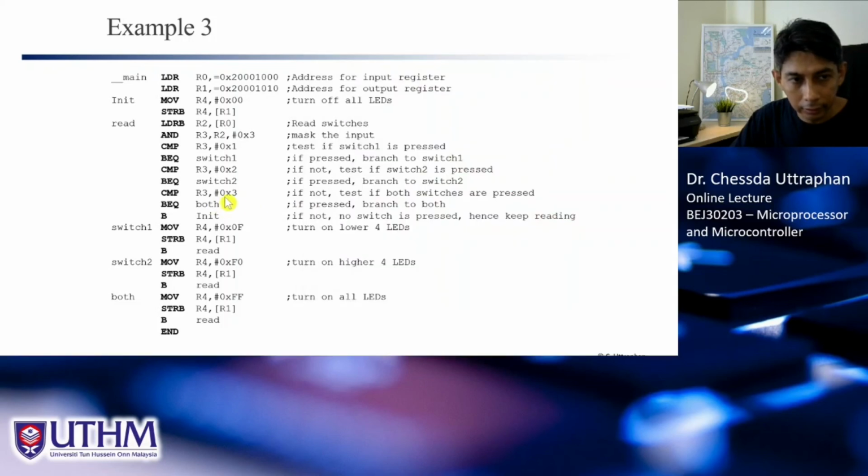Right? So if equal to 3, we go to both. Both means that we turn on all LEDs. So 0FF, FF means that all are 1, and we again send to the output and go back to read again. But if not equal,